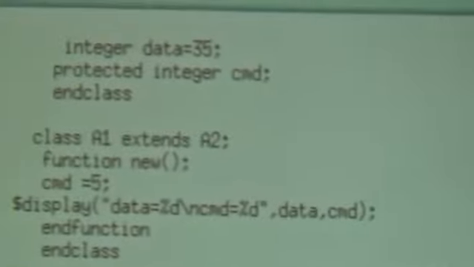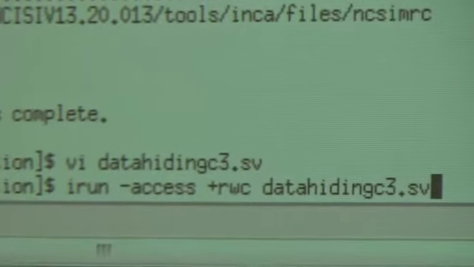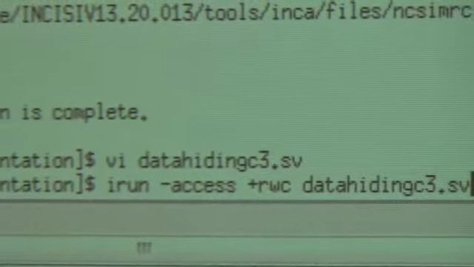I will save it and check what the output is. Here I am saving using :wq!. Now I try to run this program to get the output. What is the required output? I got the values of both data and cmd. Let's check out the program. We will get some more clarity.